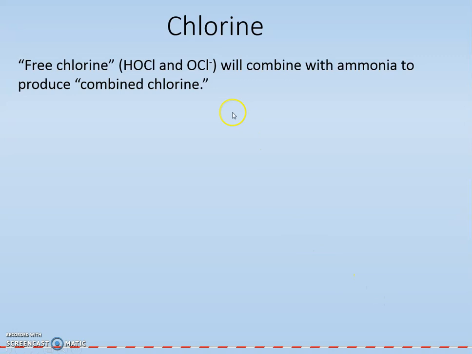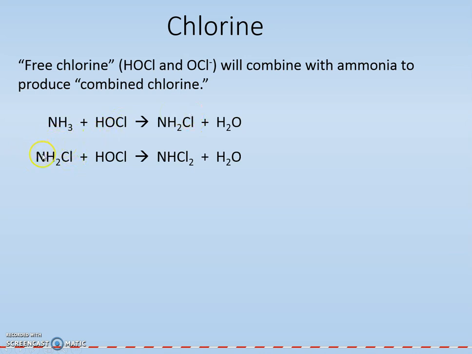We described free chlorine as hypochlorous acid and hypochlorite, the two things that we just looked at. These will combine with ammonia to produce combined chlorine. So we know that these things are responsible for doing the sanitizing. Here's an example of how that works using ammonia. So once again, the ammonia would come from like urea excreted in urine or sweat or something like that. It reacts with hypochlorous acid to make this compound called monochloramine. The monochloramine, which is here, can then react again with hypochlorous acid to make dichloramine. That dichloramine, right here, can then react with hypochlorous acid again to make